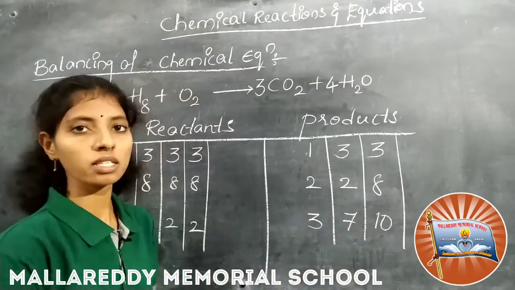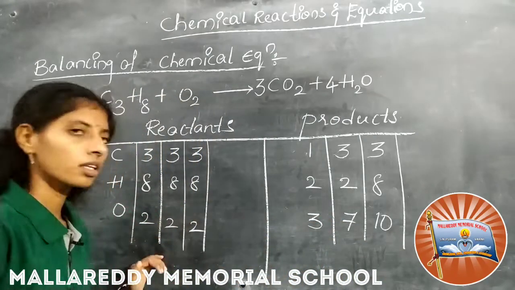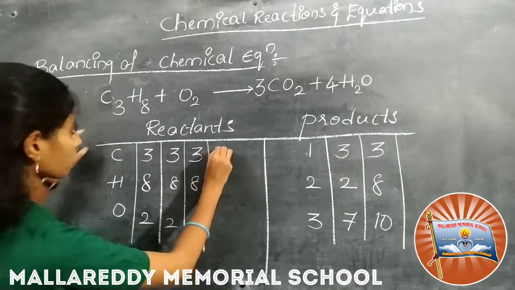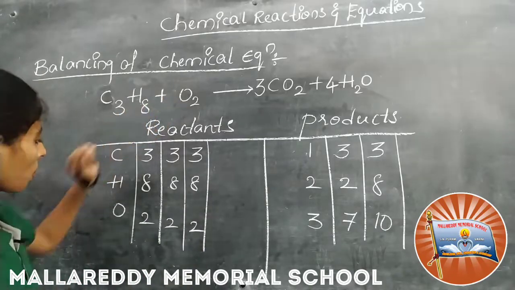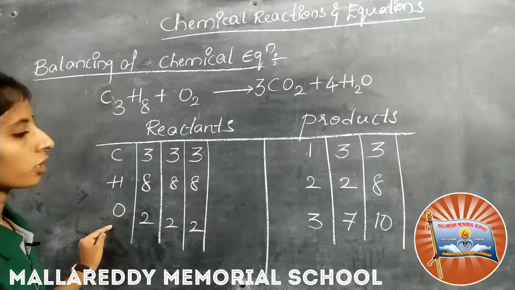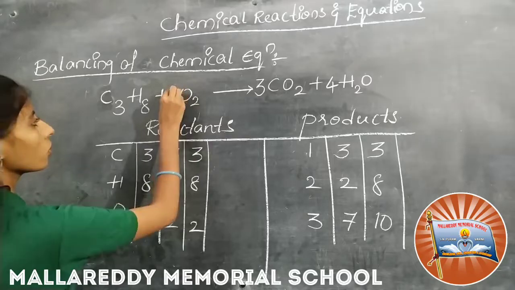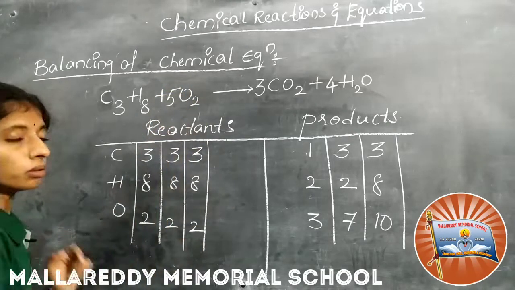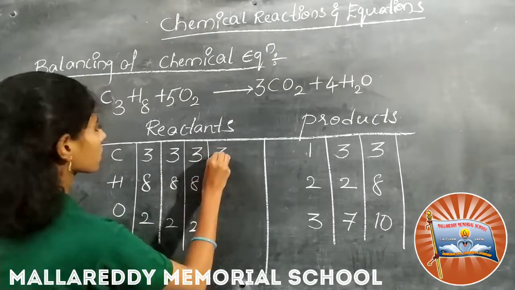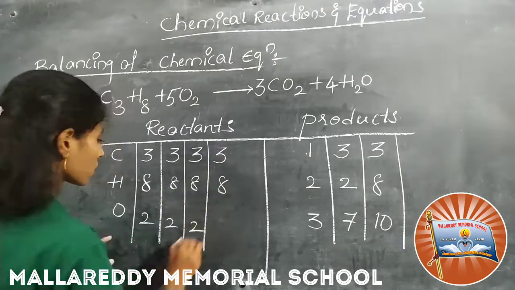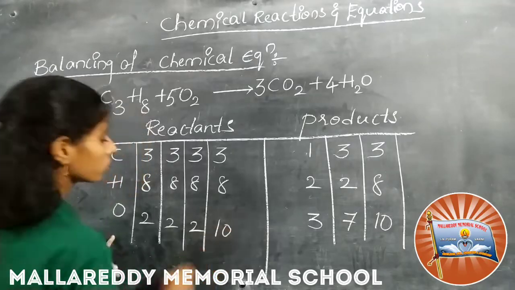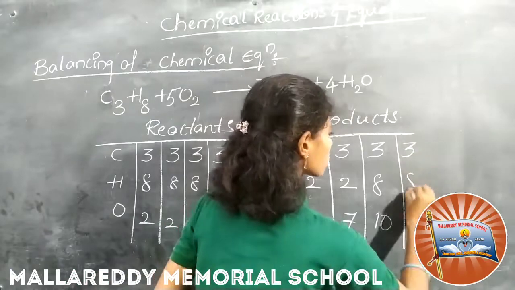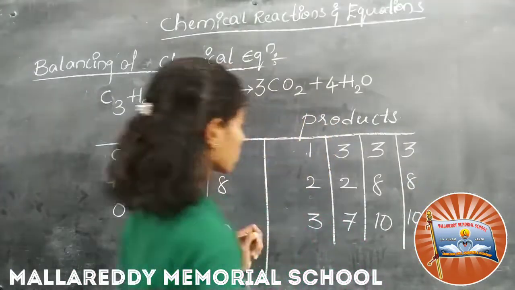So where do we have to balance now? On the reactant side. Now see, here we have only 2 oxygen atoms. Here I want to take 5. Now it is increased to 10. We are not changing these numbers, so I am writing them as they are. Now it is changed into 10. Now here we are not changing any number, so these remain the same.